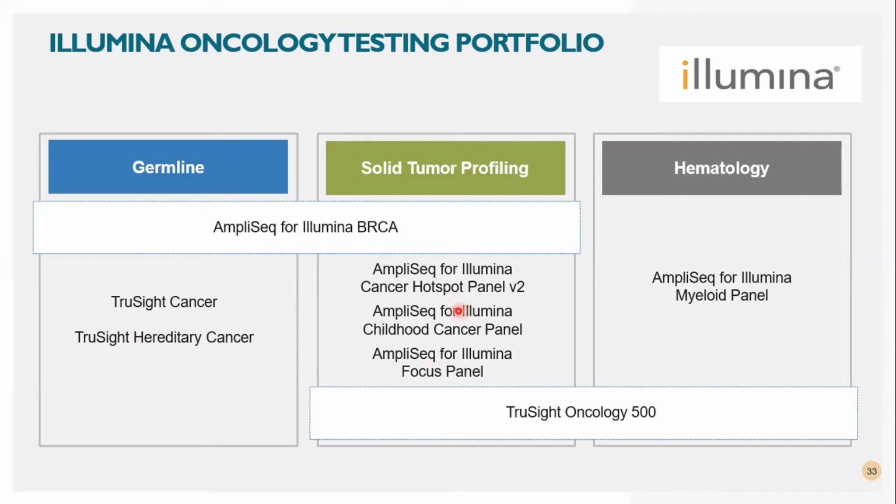In terms of different composition, let me take this example: TruSight Cancer. There are 94 genes which are relevant for hereditary cancer cause. So you can take DNA from your patient sample, put it on these panels, and those panels will be utilized to screen patients for 94 different biomarkers, right? You do the NGS, and after NGS you analyze the data to see if there are variants or any mutations occurring in that particular biomarker, which could be utilized for further assessment.